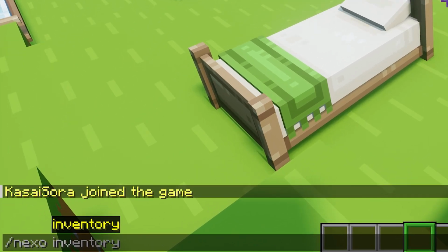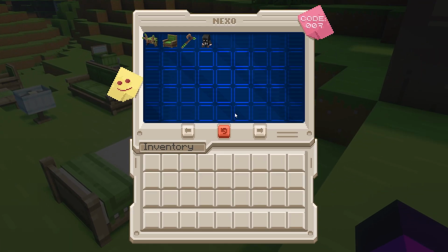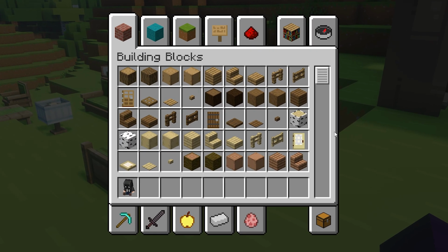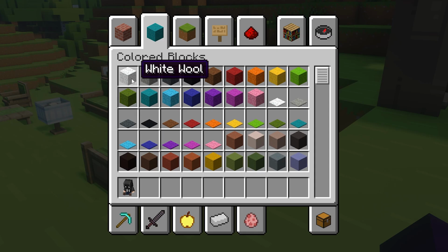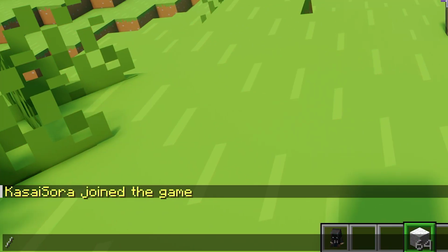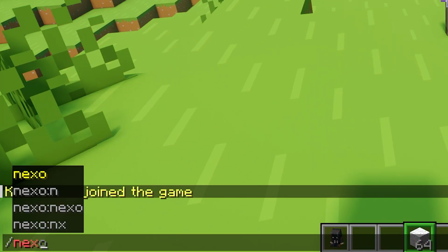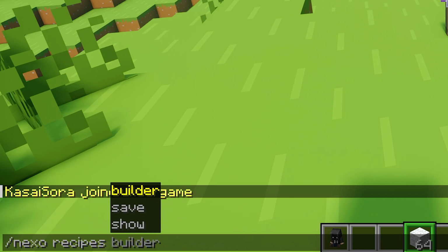First, we're gonna open the Nexo inventory and we're gonna grab an item that we want to make a recipe for. I'm gonna pick the plushie because why not? Then we need to grab the items that we want included in the recipe. So let me grab some white wool. There we go. Now, to actually make the recipe, we're gonna type /nexo, after that recipes, and then you want